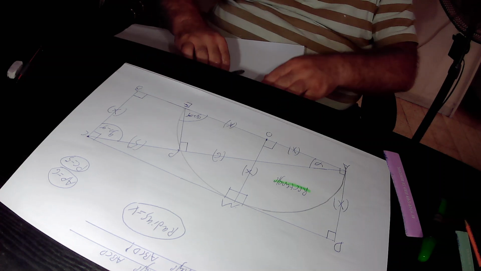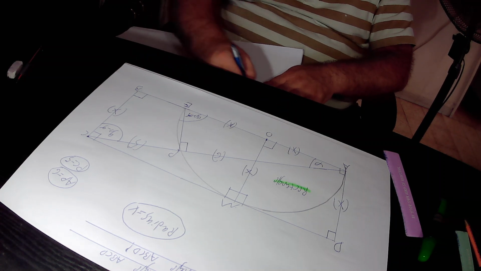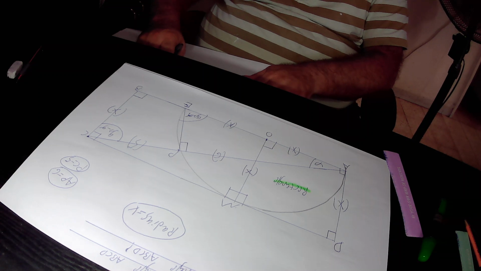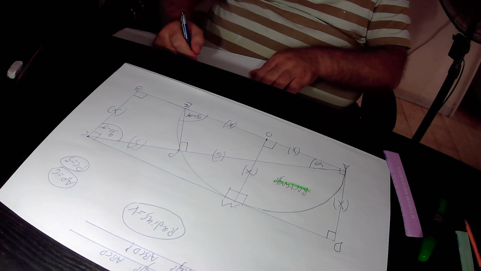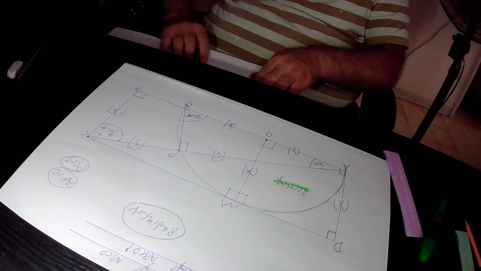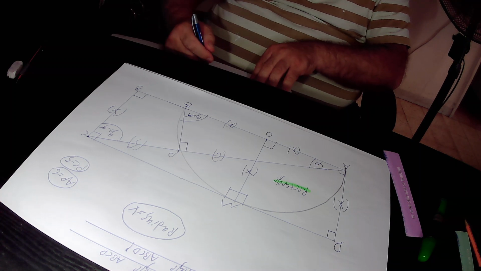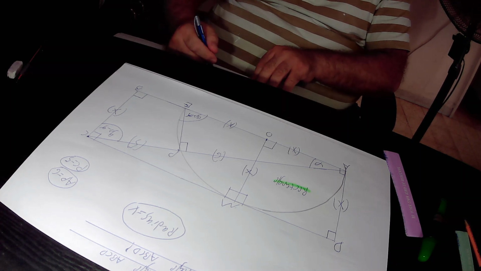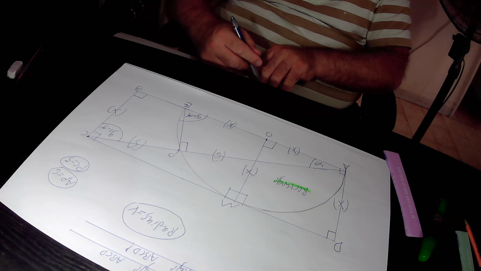So why are those two triangles similar to each other? First of all,